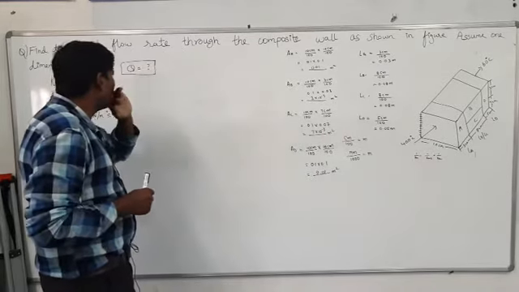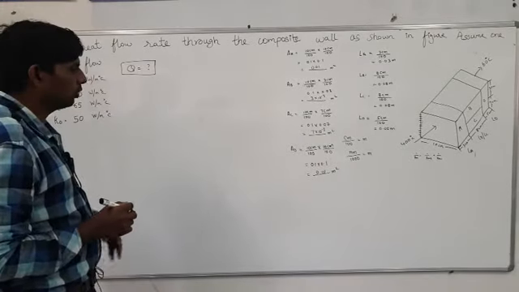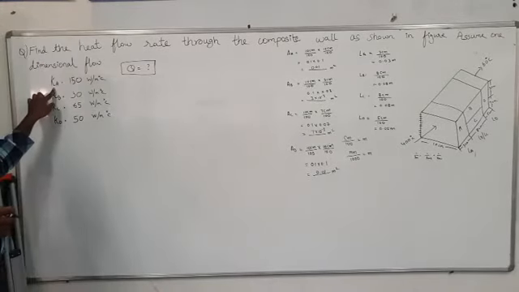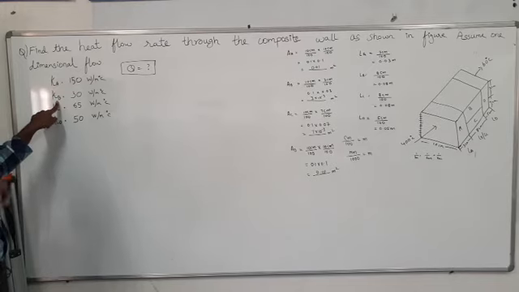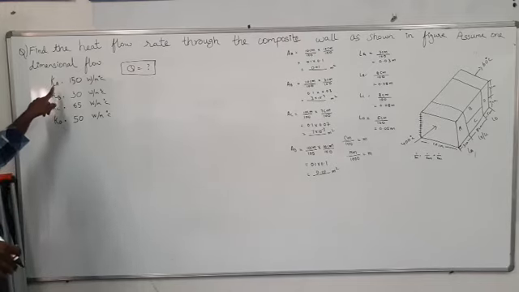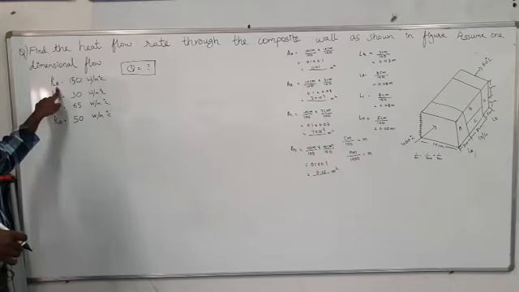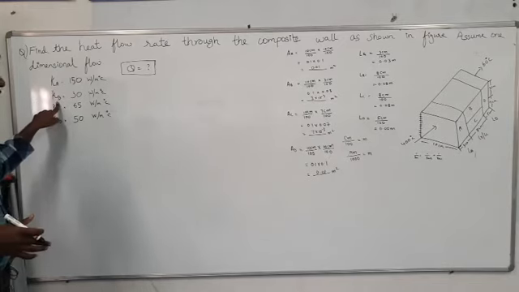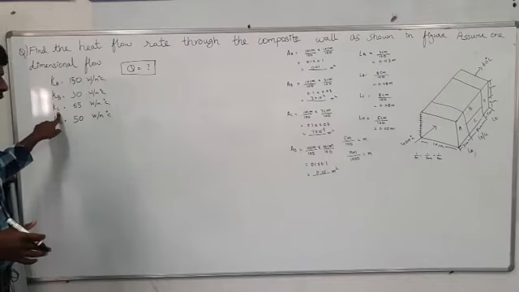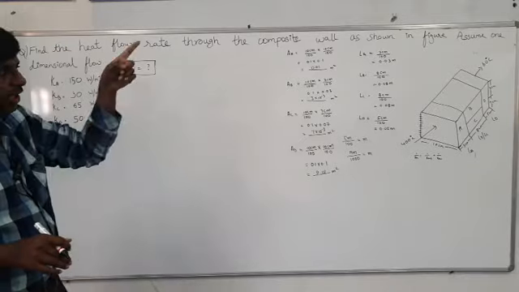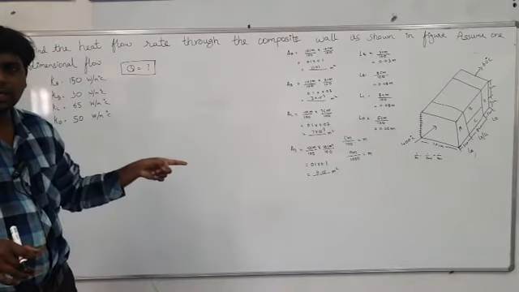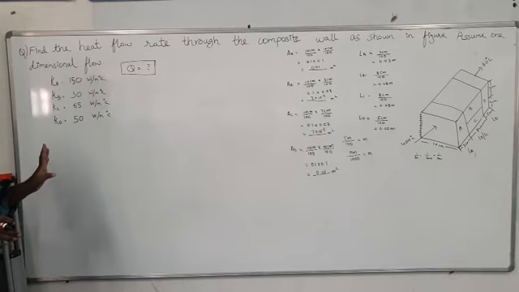After that, what you have to do, after getting this diagram, next step: you know the value of Ka, thermal conductivity of material A, thermal conductivity of material B, whatever the material is given, copper, steel, silver. It is not mentioned here, but it is given. Thermal conductivity of A material is this, thermal conductivity of B material is this, thermal conductivity of C material is this, and thermal conductivity of D material. So you got the three data. First one is the length, second one is the area, third one is the thermal conductivity.